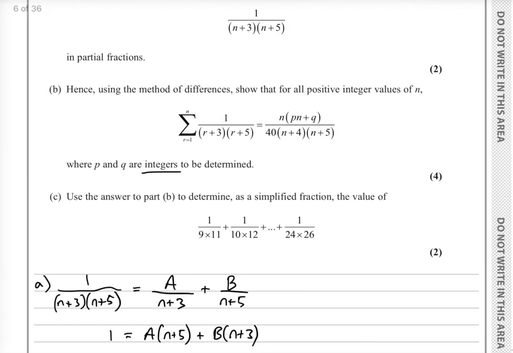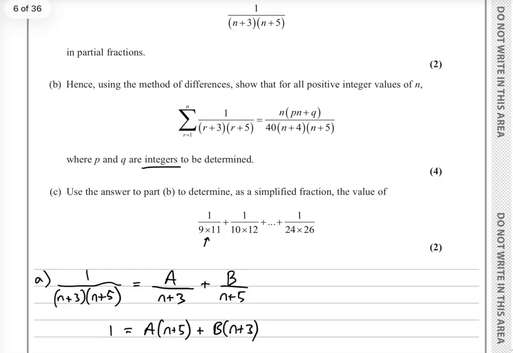Part C, use your answer to part B to determine as a simplified fraction the value of this. Okay, if we look at this, we can see, comparing it to this, that r here is 6, and over here, same idea, we can see that r must be 21, because 21 plus 3 is 24, 21 plus 5 is 26. So what we're doing